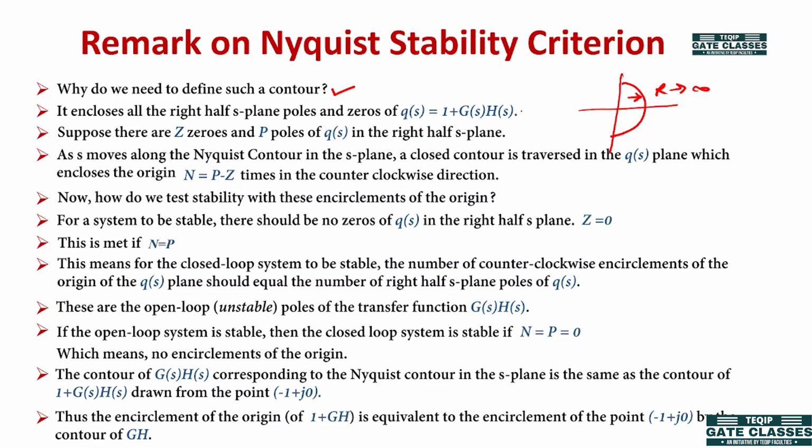So it encloses all the right half of the S plane poles or zeros of the characteristic equation,